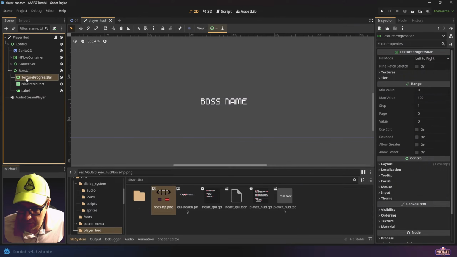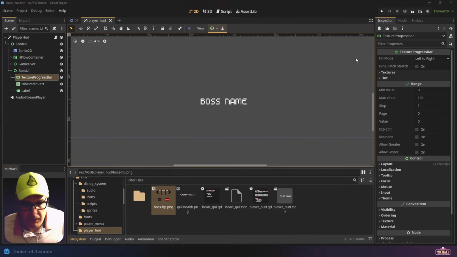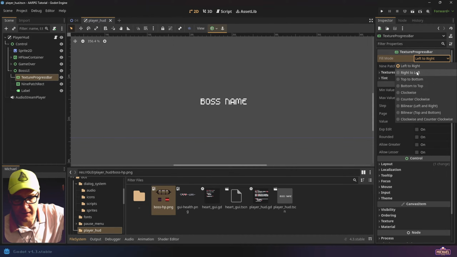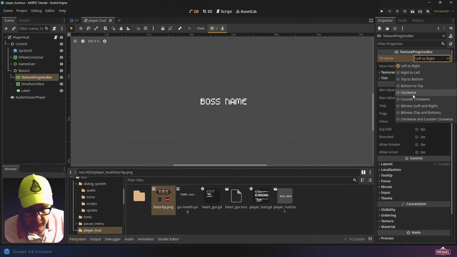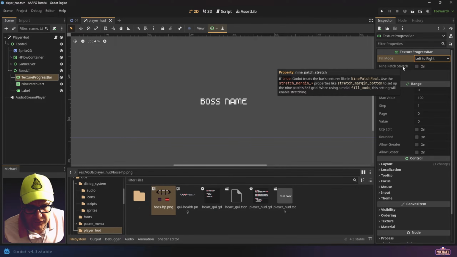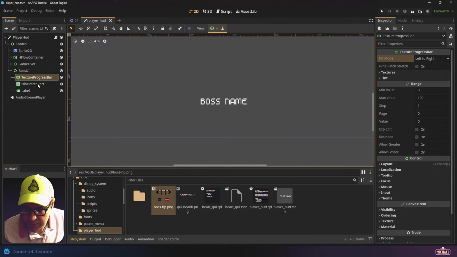But we do want to look at this texture progress bar. Now, by default, this has a left to right fill mode. There's a lot of cool options in here. If you want your progress bar to go from right to left, top, bottom, you can even have it go in a circle. You know, we've got clockwise and counterclockwise. Okay, but we're going to use left to right today, and we're going to turn on this 9-patch stretch. If you look at the tooltip, it will treat the texture the same way that this 9-patchRect would,